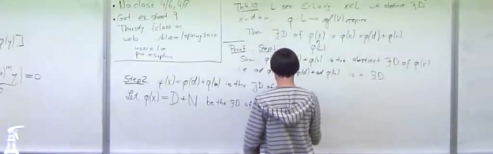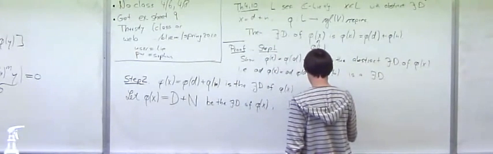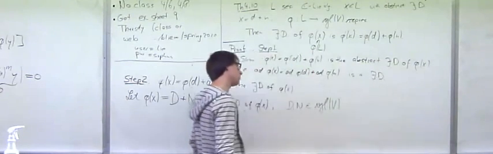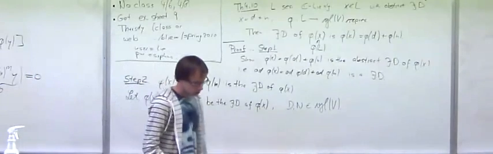So D and N are just matrices on V. Right, linear maps from V to V. And